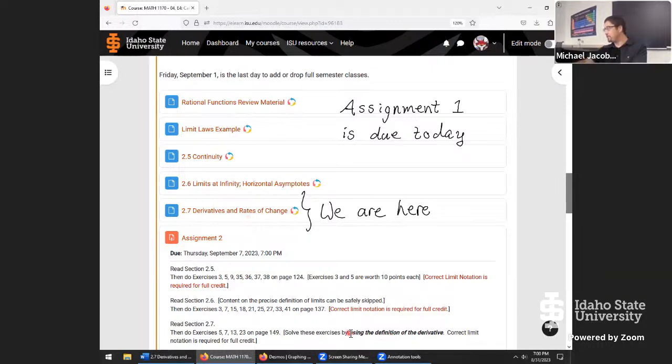We're going to be calculating derivatives strictly using the definition. And there's a lot of algebra that goes into that. The idea is,